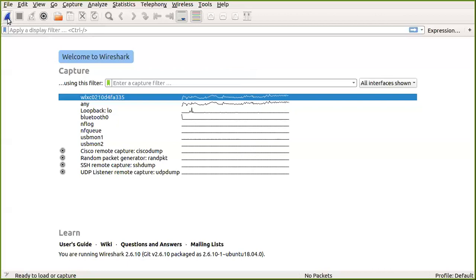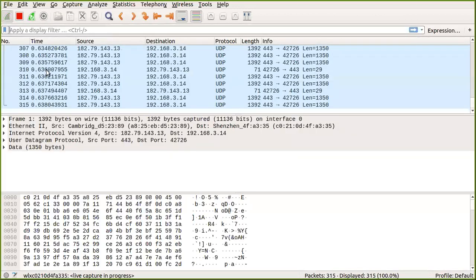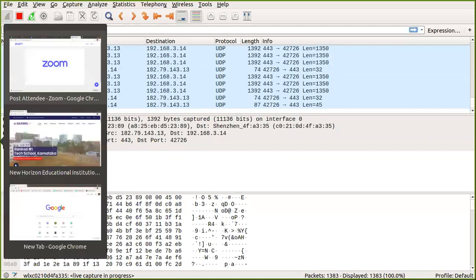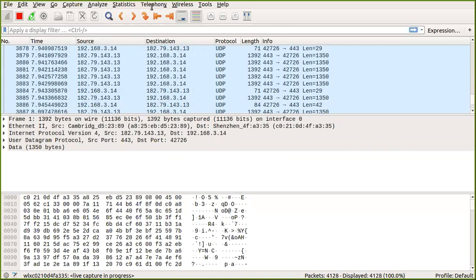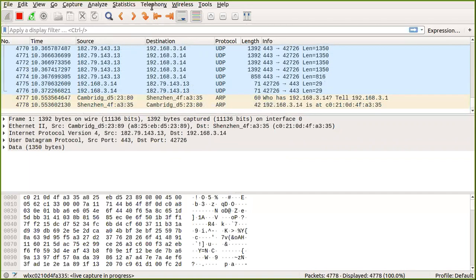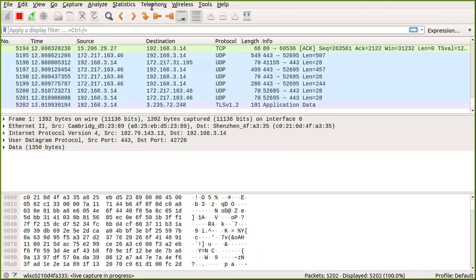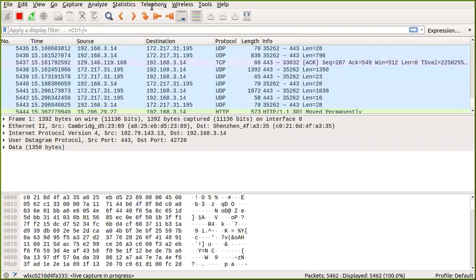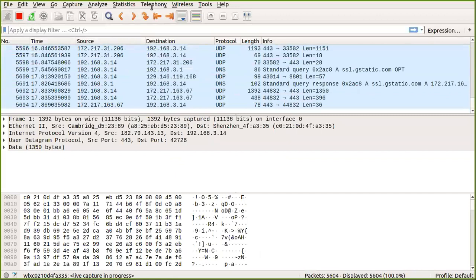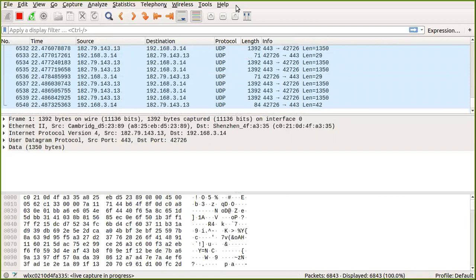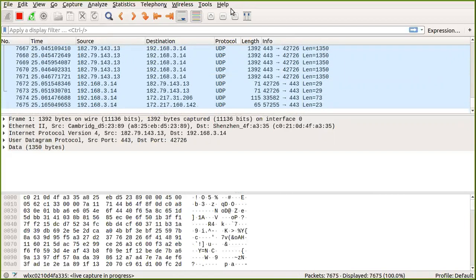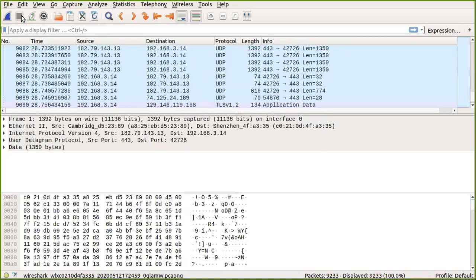Now, how we run the experiment is what I'm going to explain. You just have to start the simulation. It will start capturing a lot of packets. Meanwhile, you have to open a browser and give any URL. I have given www.newhorizonindia.edu, our college website. The moment it is loaded, you have to stop the simulation. My web page is loaded, so I stop the simulation.